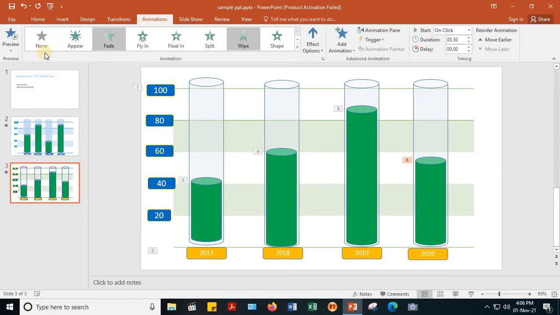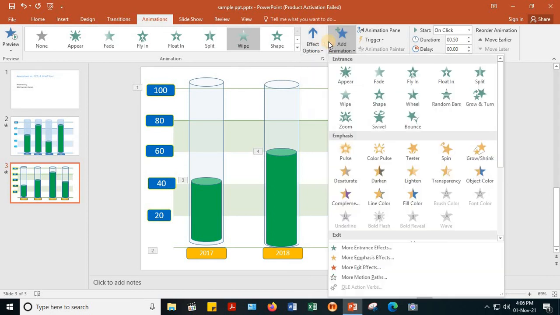These are the animation options. These are the effect options, that means the effect of a particular animation. And for additional animation you can go here and see whichever looks better. You can try all of these and finally accept whichever is useful for you.